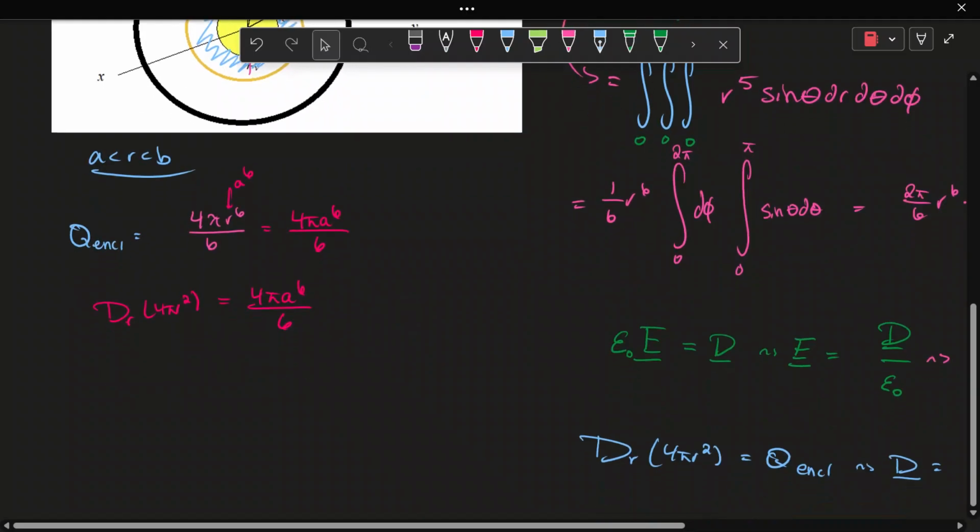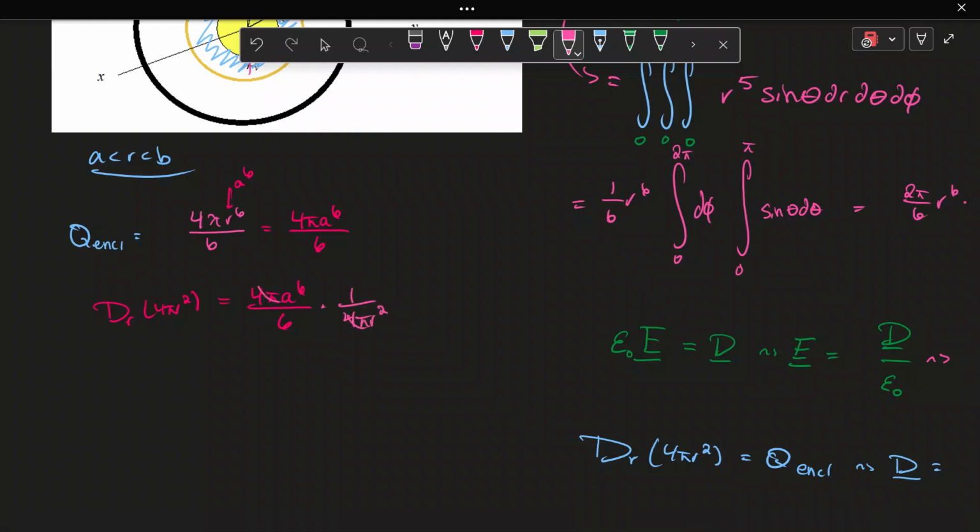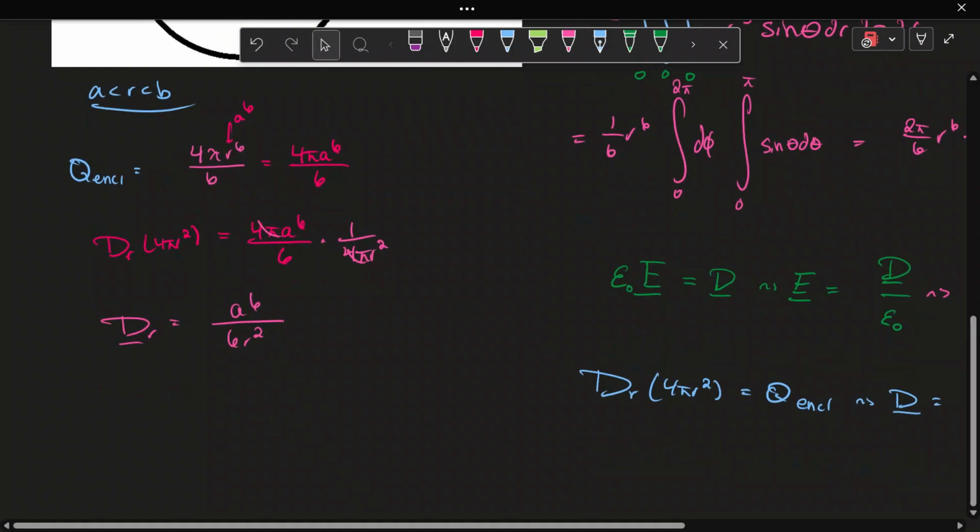Now we can divide it. So we divide it, and what do we get? We get times 1 over 4 pi R squared. Well, this 4 pi still cancels, but now dr is equal to what? A to the 6th over 6R squared. So now A to the 6th will stay stationary, but R will be variable. And now what can we do? Well, we can use this equation again,